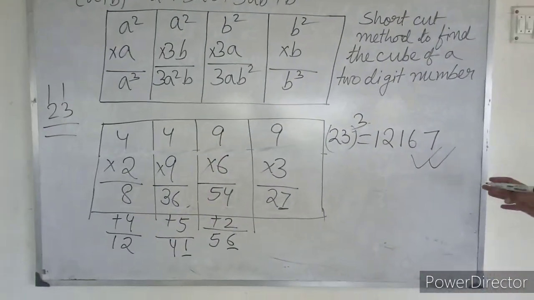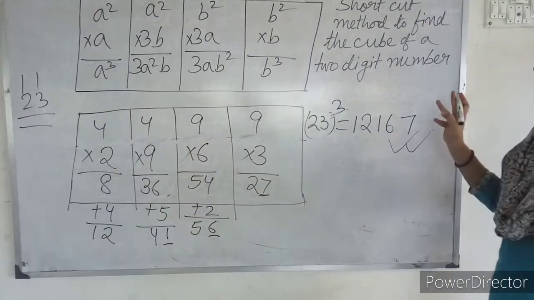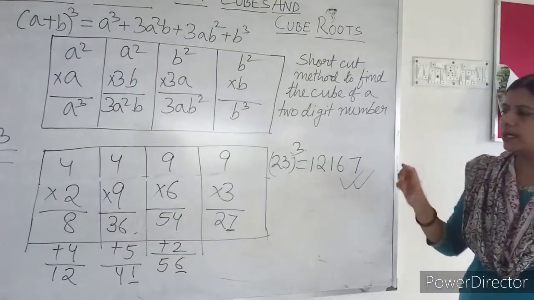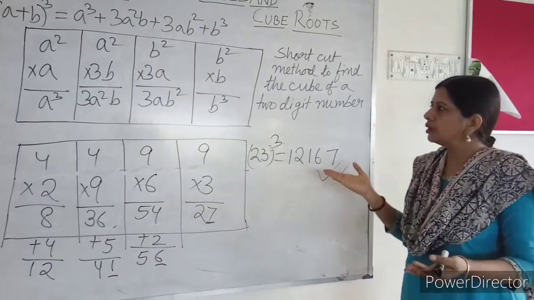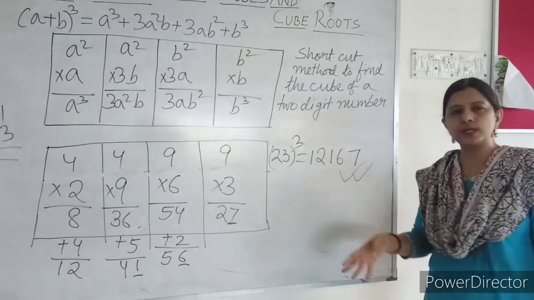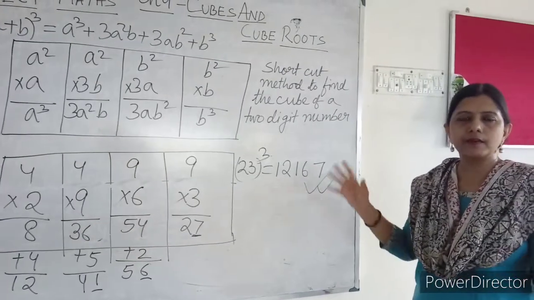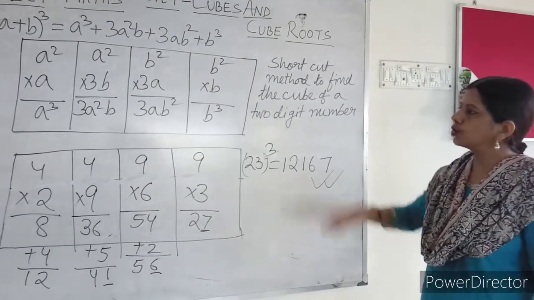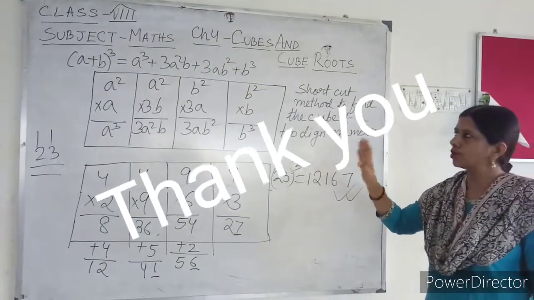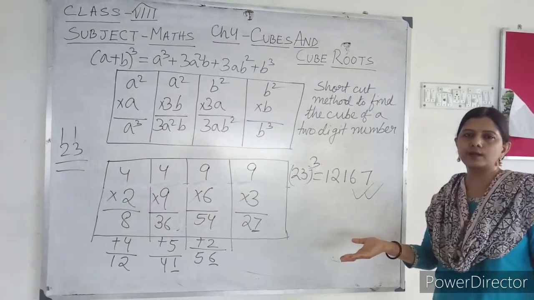So this is the method by which also you can calculate the cube of a number. This is a shortcut method, in the sense that your multiplication will be smaller. If you can use that method, there is no problem. If you multiply 23 with 23, again 23, you will get this number, but your multiplication becomes a very big process. So you can use this method if you can remember. Any method you can use. So this is all about cubes. In the next period, I will talk about cube root.